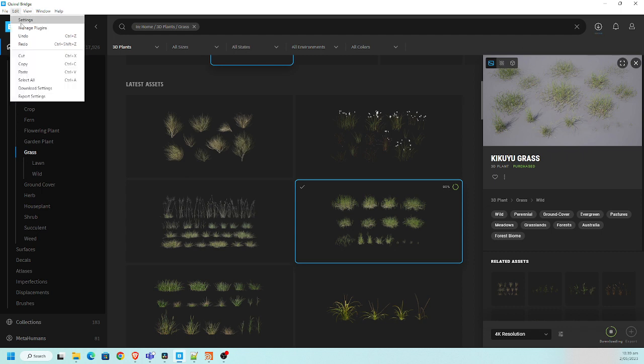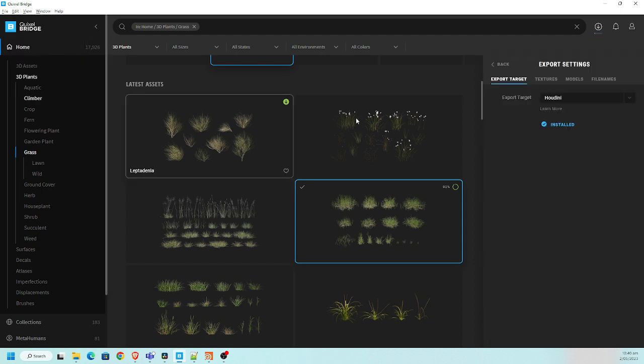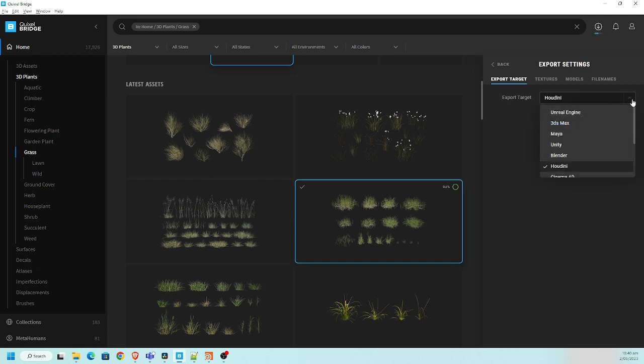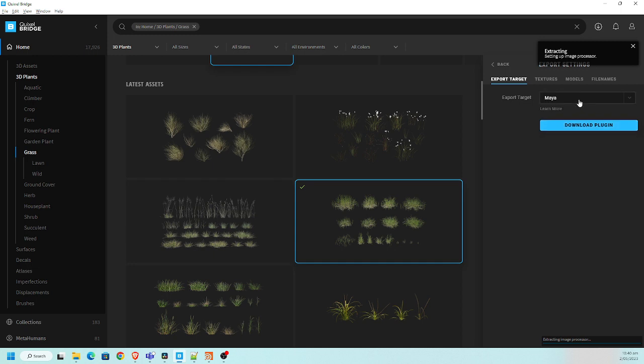you have to go to edit, export settings, and here you see that I already have the Houdini plugin installed. I'm going to send this into Maya, so I made a Maya plugin install. The same process is for Houdini. You download the plugin, it downloads it, and you say install the plugin. I installed it, and if I open Maya,